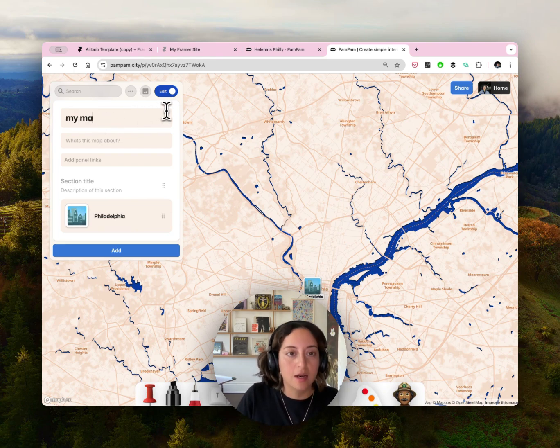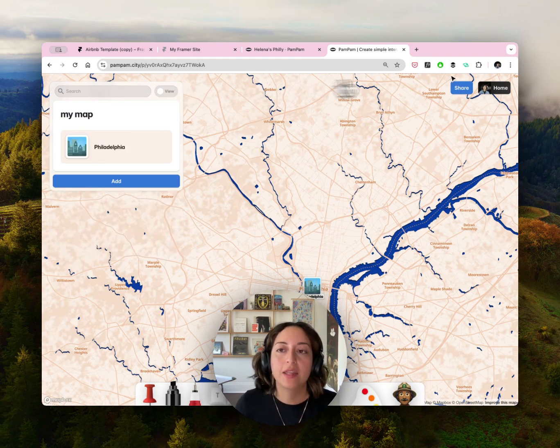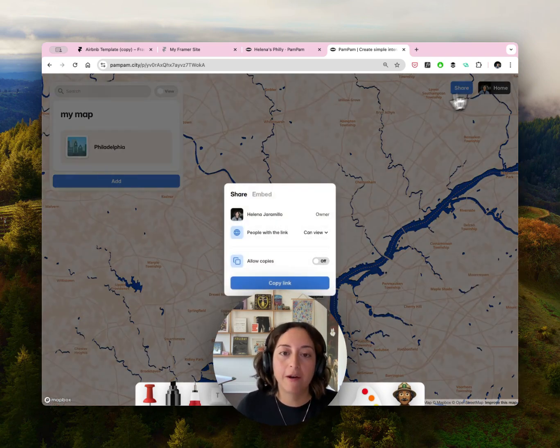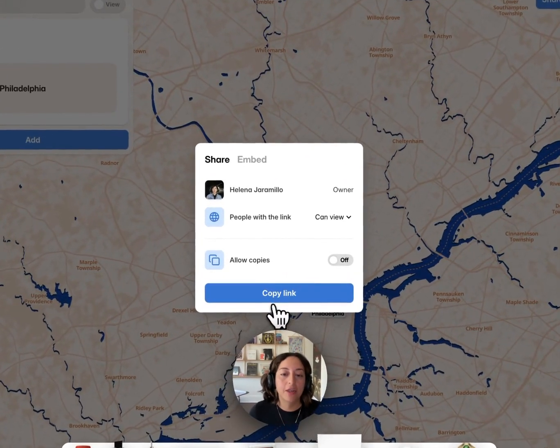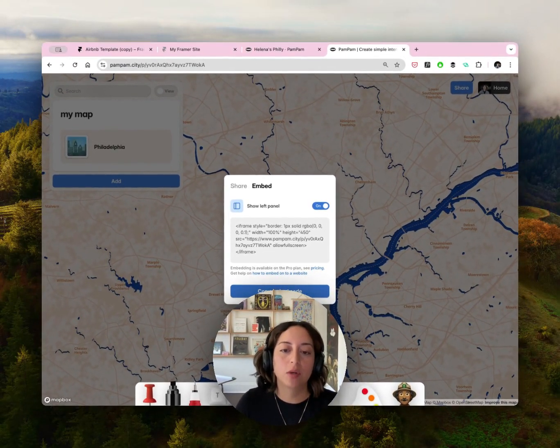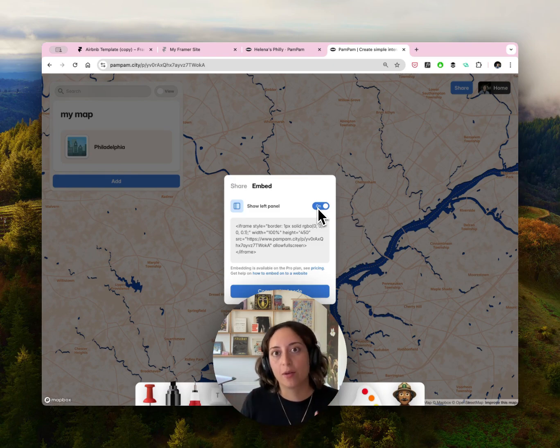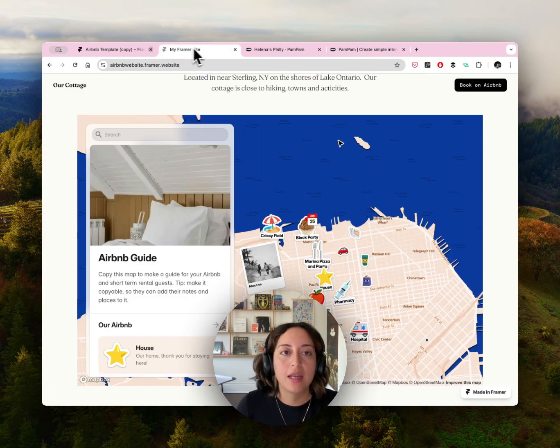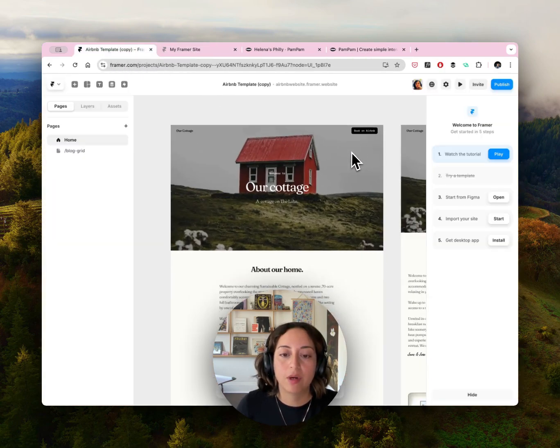You can customize it in all sorts of ways. Then what you're going to want to do is go to Share, and you can either copy the link or get this embed code that we have here. So this is the embed code. You can copy this embed code, and you can decide whether you want to show the left panel on or off. So let's copy that embed code, and then let's head over to Framer,